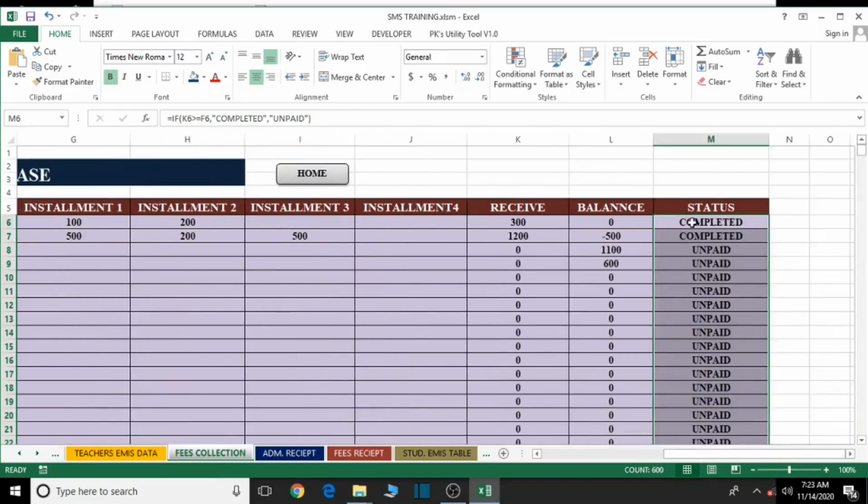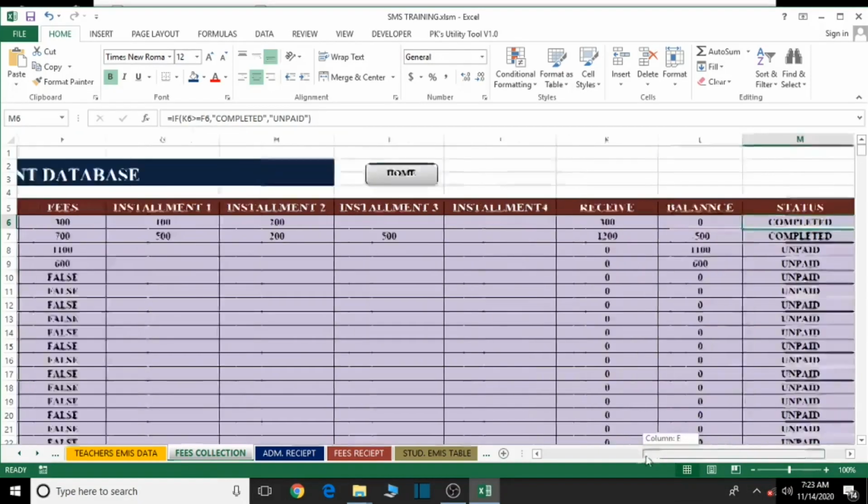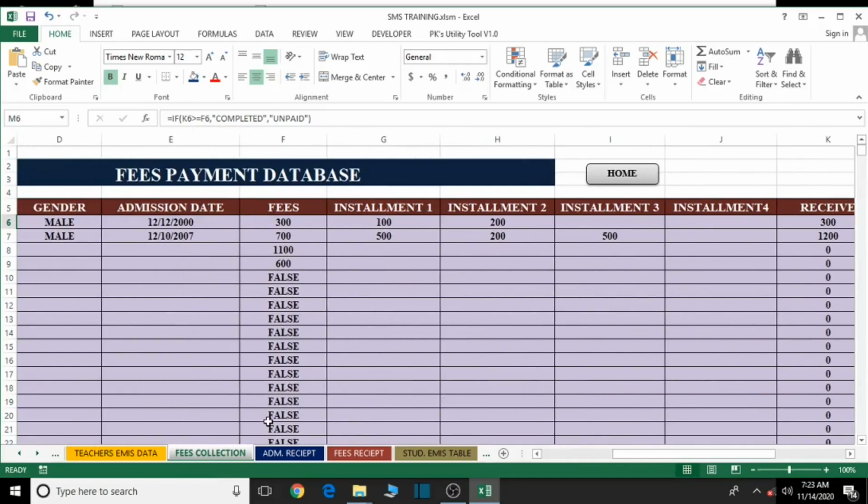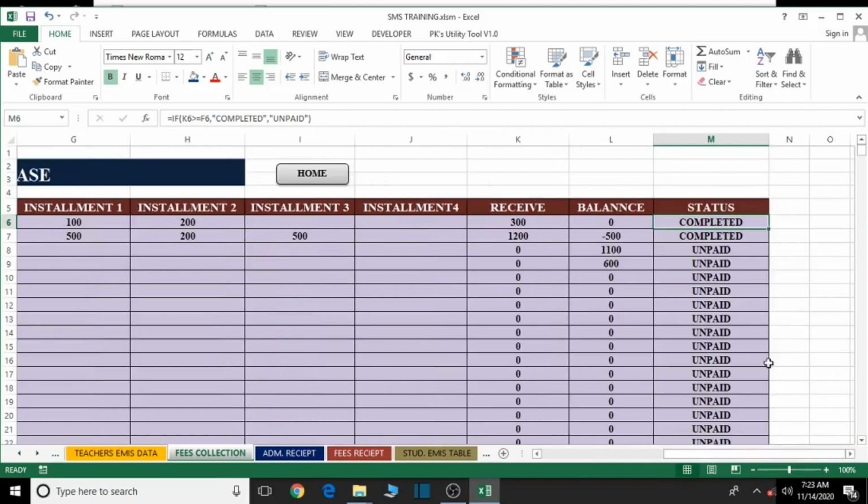In our if statement here, we said if the amount we have received here is either greater or equal to the fees the student has paid, right? Yes, so we accept that. Else, if anything less than that, the student hasn't paid. And don't forget, initially we set this to zeros, and 0 is less than the amount. When we said anything less than that, 0 is also a number and it's less than the amount we have assigned. So in that case, if we were to allow here to be 0, all this would have been what? Completed. That is what it would have been, which will mess everything up for us,